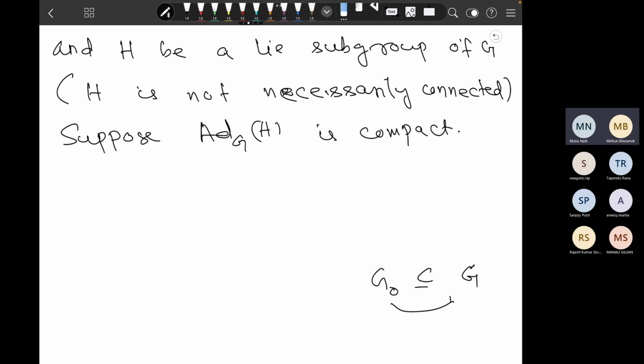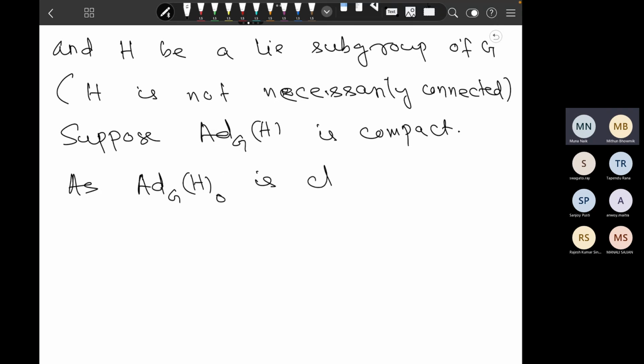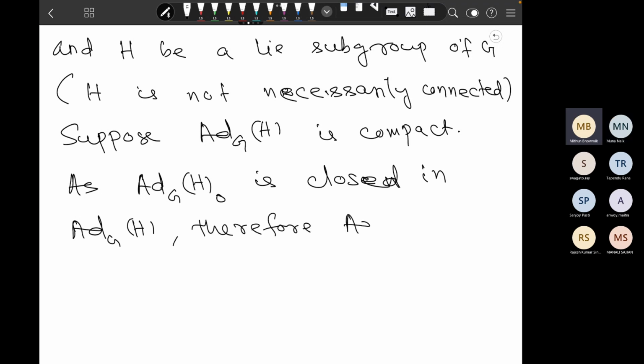This is always closed and open in G. So suppose RGH is compact, then as H0 is closed in H, therefore RGH0 is compact. It's compact. Now,